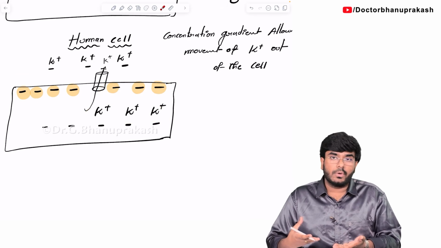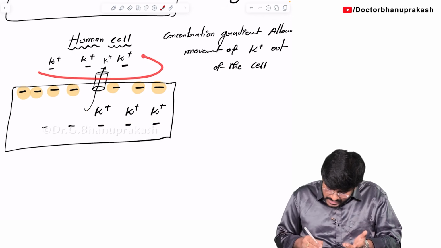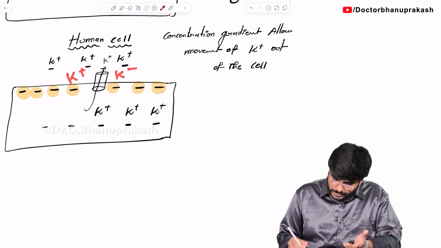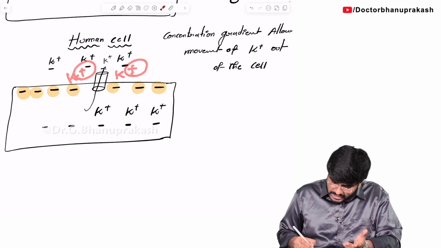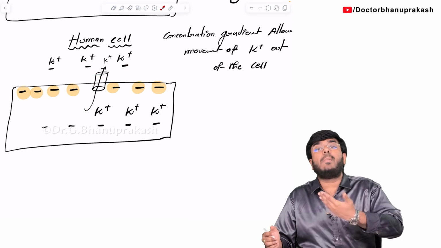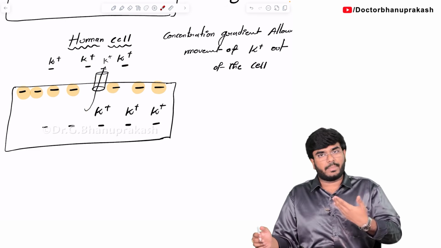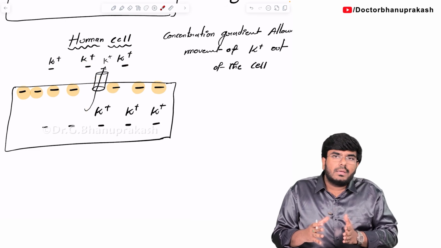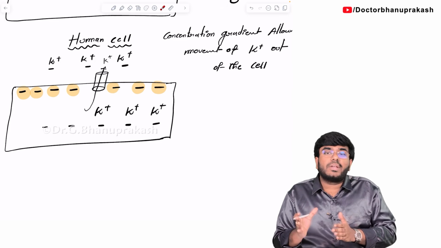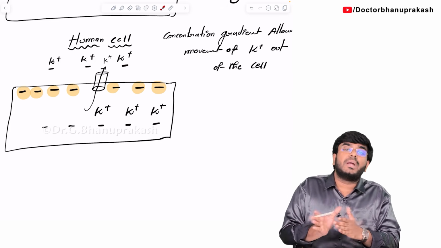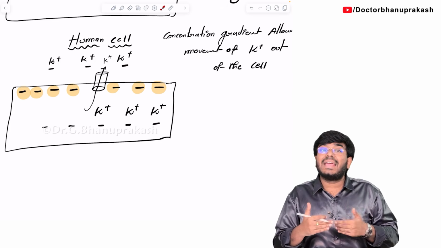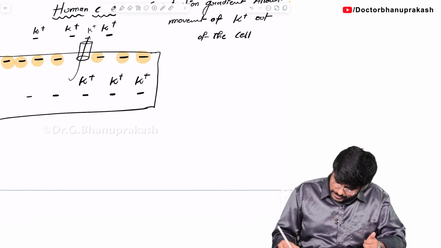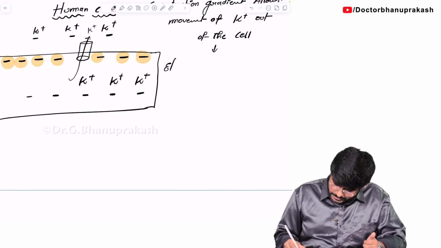Whatever positive charge is developing over here because of the potassium efflux, this positive charge doesn't allow the positive charges to come out, because positive charges will repel the positive charges. So after some time, what will happen? There is going to be an equilibrium state. The net movement of the potassium will stop, because of this electrical gradient. So write electrical gradient